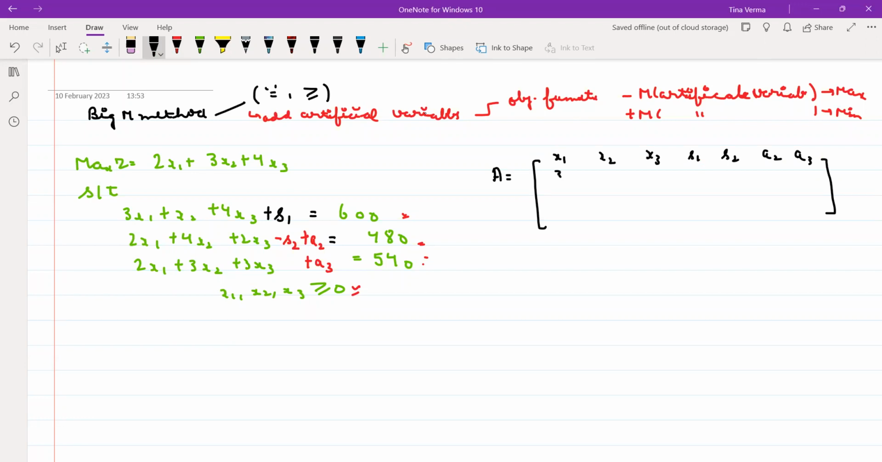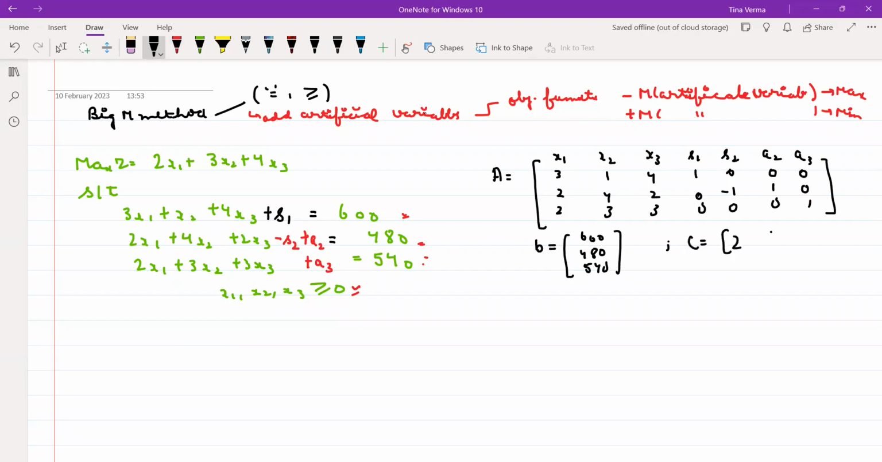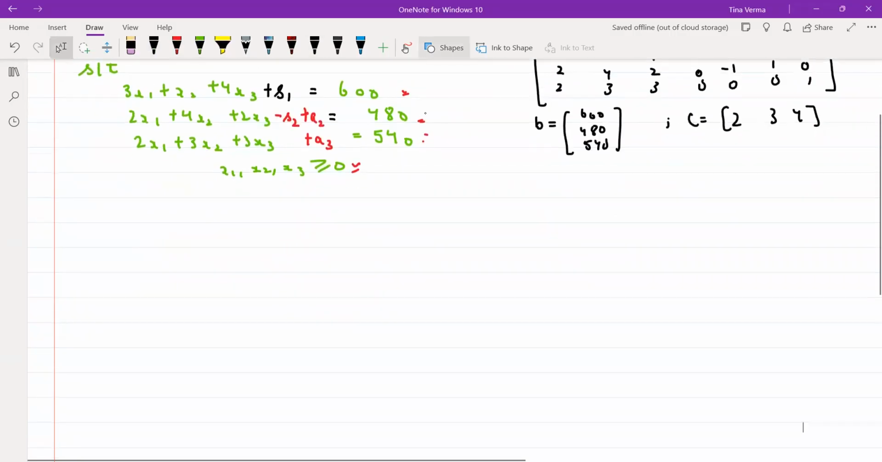So this will be your 3, 2, 2, 1, 4, 3, 4, 2, 3. This is 1, 0, 0, 0, minus 1, 0. A2 is 0, 1, 0 and A3 is 0, 0, 1. Your right hand side B is 600, 480 and 540. And your C matrix, the cost coefficients, is 2, 3 and 4. So when we do the iteration, what we do for the first iteration,